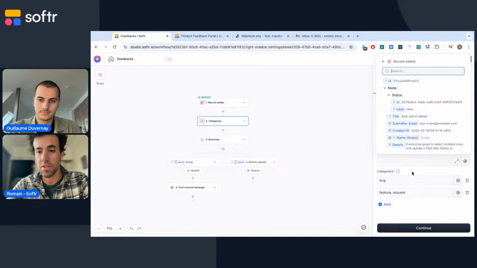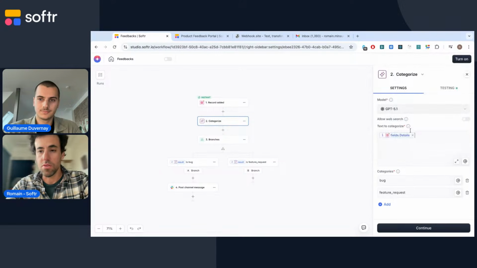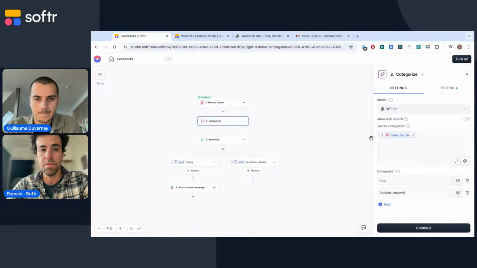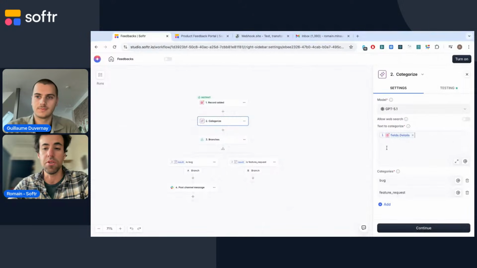So here I'm going to search in the record added, and I want to use the details. What this means is that each time this workflow runs, each time a record is added, the Softr AI action will try to categorize the value of the details for this record.